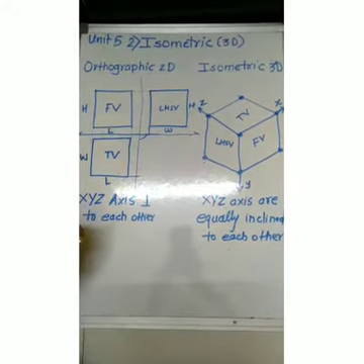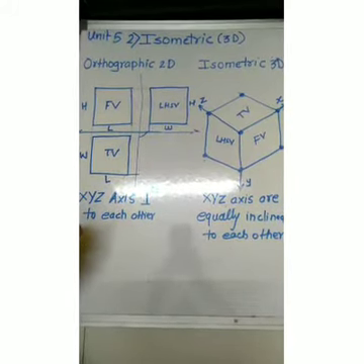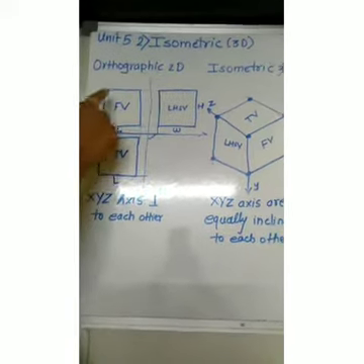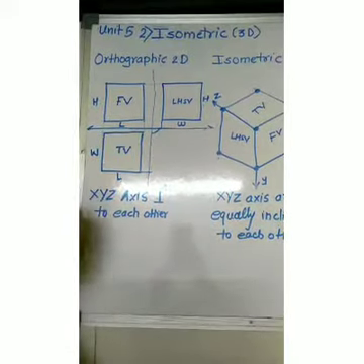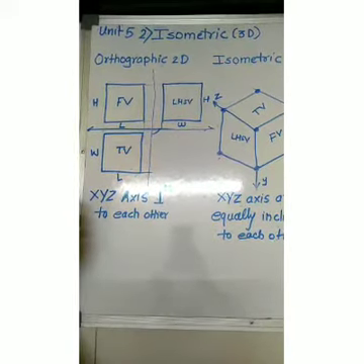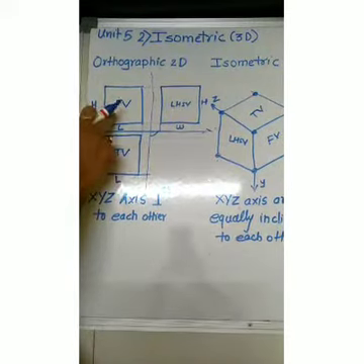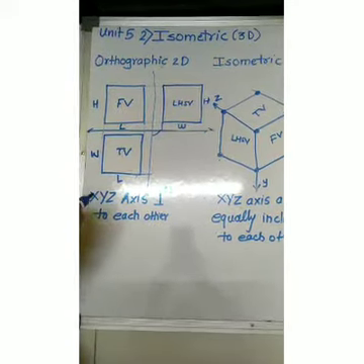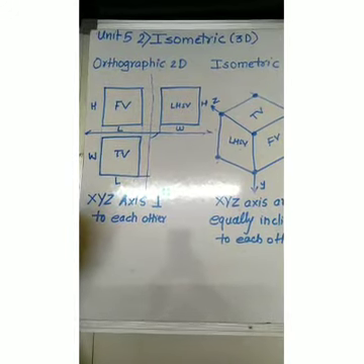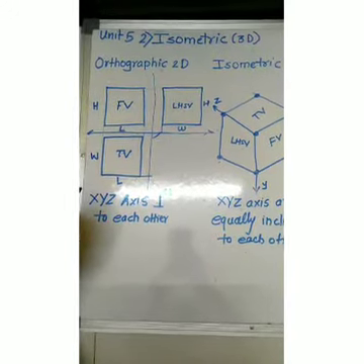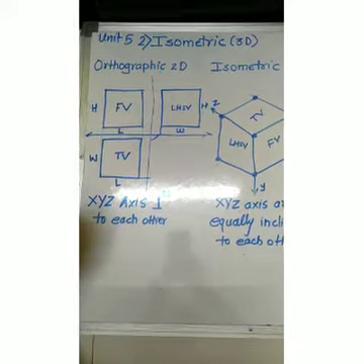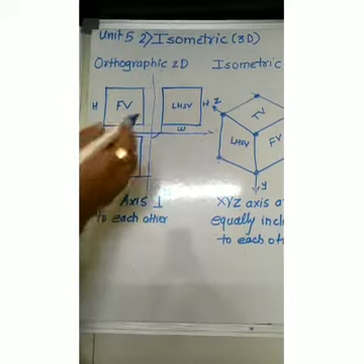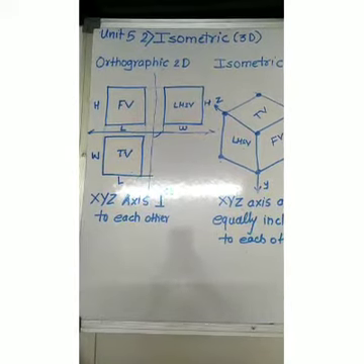First of all, let's see a basic example of a cube, where this is the orthographic view of a cube. In the orthographic view of a cube, you will have to draw the front view, top view and side view. That means for understanding the complete object, that is a cube, you need to draw the three views, because in each view you can see two dimensions. That's why we call it a two-dimensional orthographic projection.